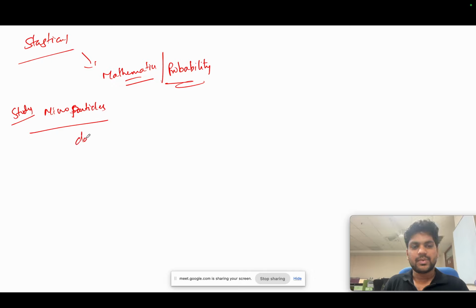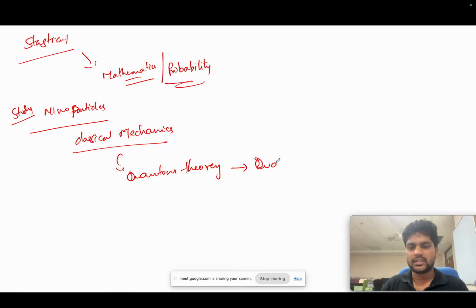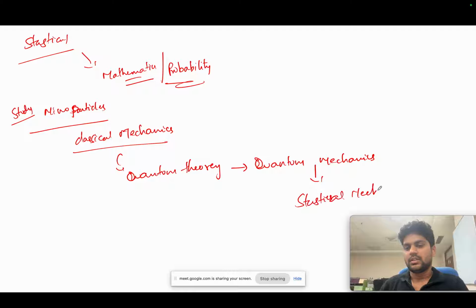Initially they started with classical mechanics. Then they came to the quantum theory, which was converted to quantum mechanics, which was then converted to statistical mechanics. From there they use statistical mechanics to understand statistical thermodynamics. So classical mechanics means you will have the Newtonian motions,